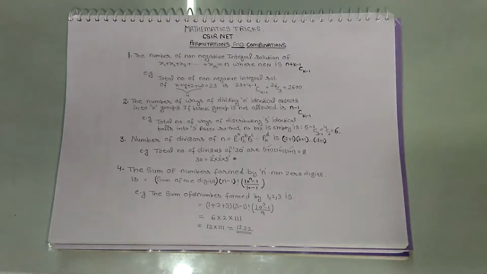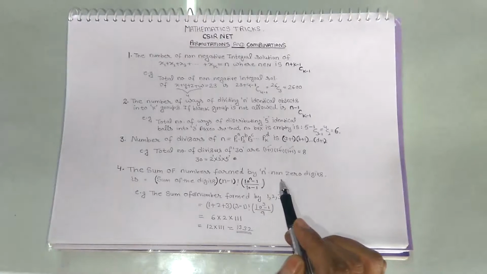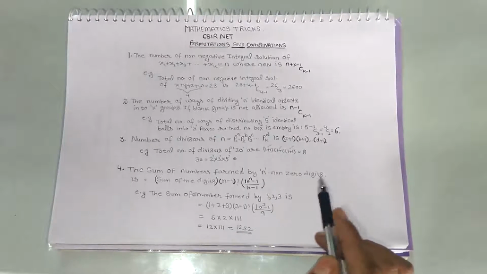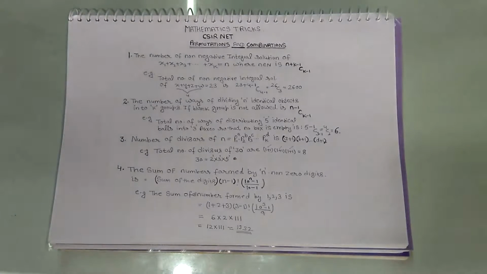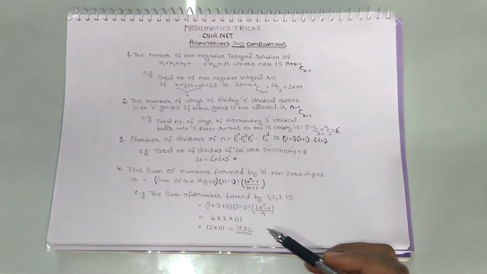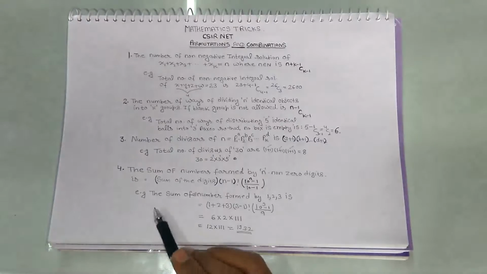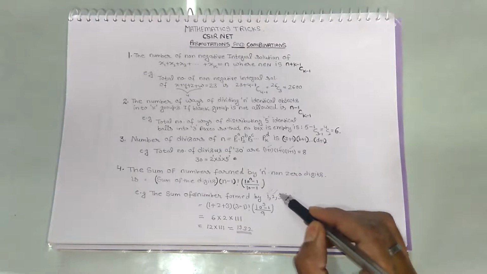Now the fourth one is to find the sum of numbers formed by n non-zero digits. The sum of numbers formed by n non-zero digits is sum of digits into n minus 1 factorial into 10 raised to power n minus 1 upon 10 minus 1. The supporting example is the sum of all numbers formed by the digits 1, 2, 3